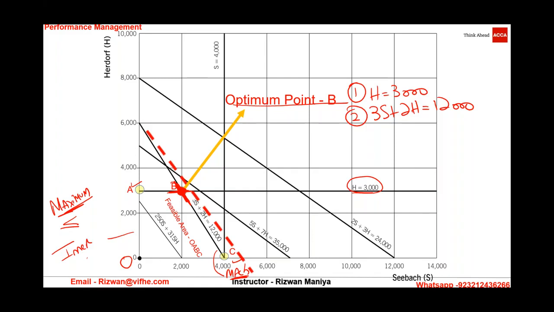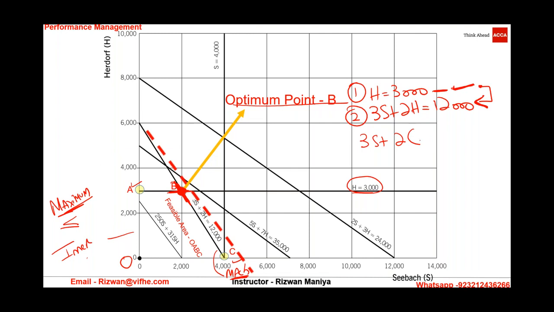Now, once we have found the feasible point, the last point in the feasible area that the ISO line touches, let's first find out the profit. So I can further solve this. At this point, it is clear H is 3000. I just need to find out S now. So let's put equation 1 into equation 2 through the simultaneous substitution method. I'm putting H into the second equation. So this would be 3S plus 2